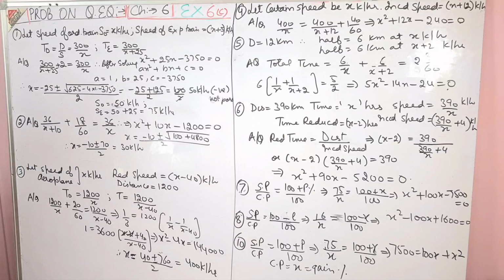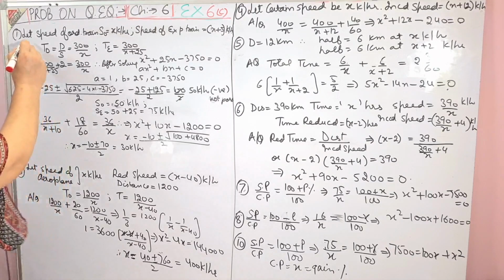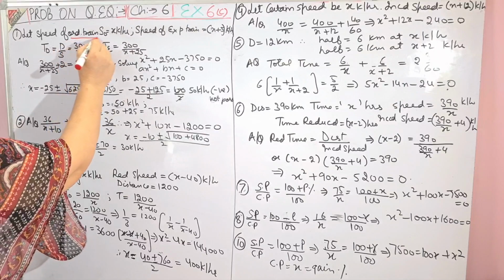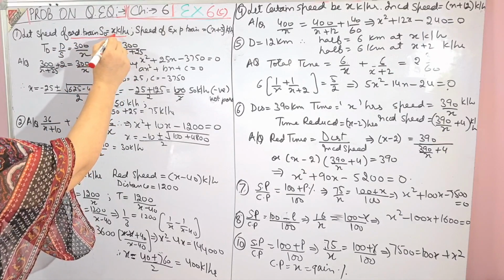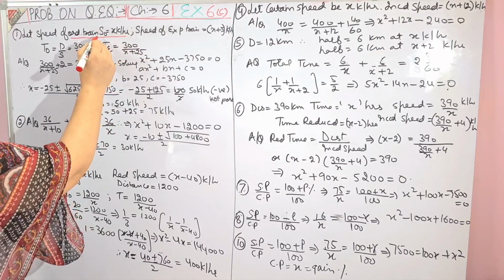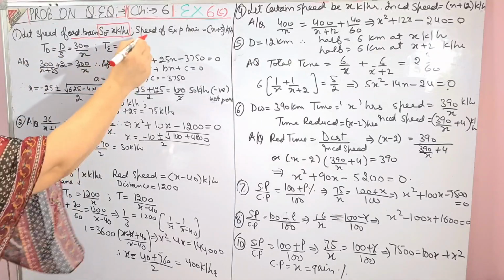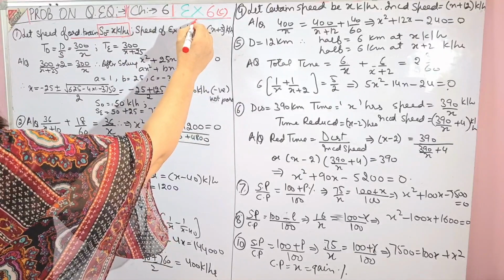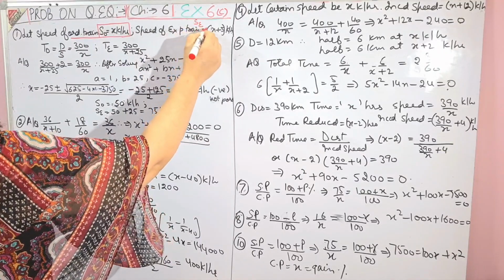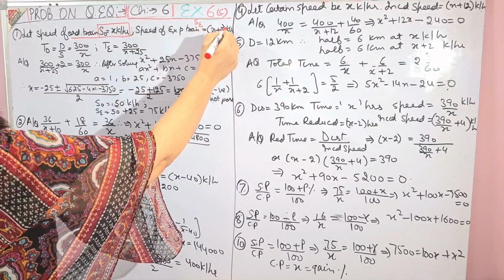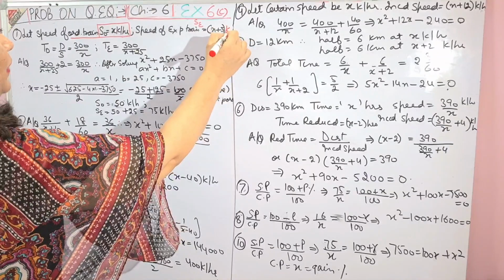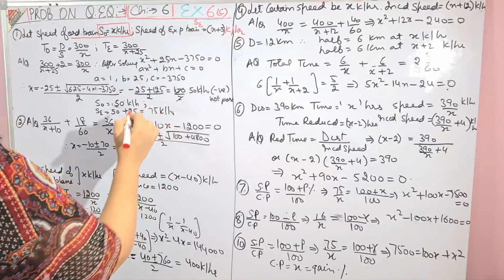See, it is: speed of an ordinary train is x km/h and that of an express train is x plus 25 km/h. So see children, let the speed of the ordinary train be x km/h. See how I have written speed of ordinary train, x km/h. And speed of express train you can write like this also, SE, that means speed of the express train, that is x plus 25 km/h. Please mention the units, it matters.